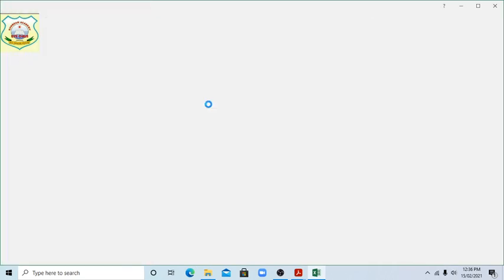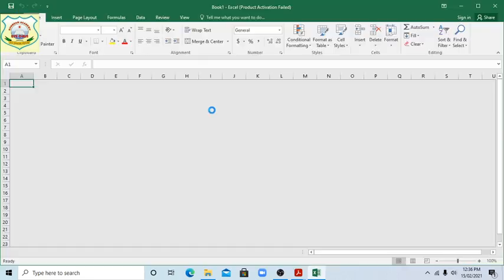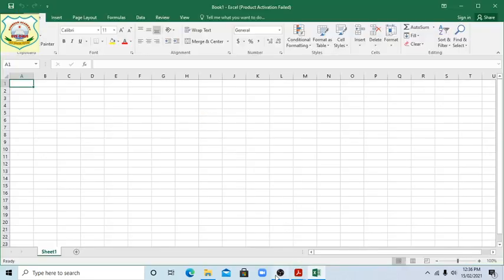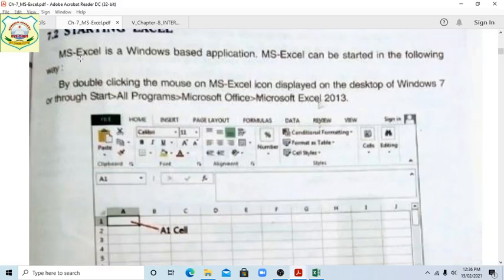This way we will open MS Excel, by double clicking the mouse on the MS Excel icon displayed on the desktop. This is Windows 7, but we have Excel 2016.